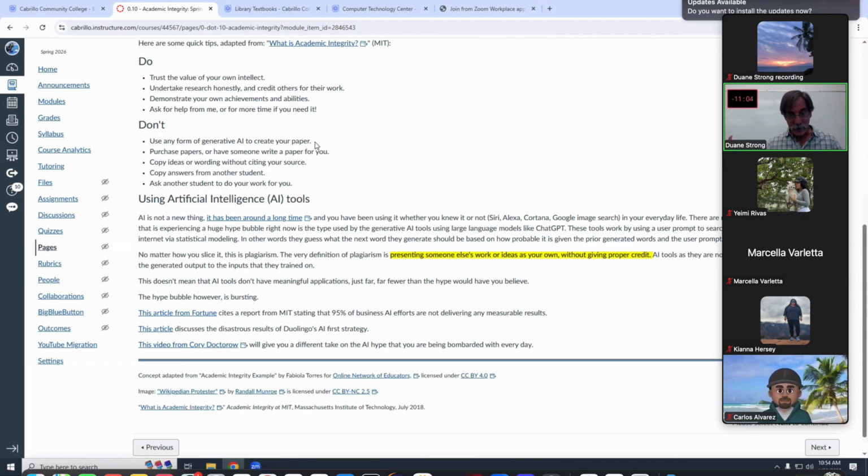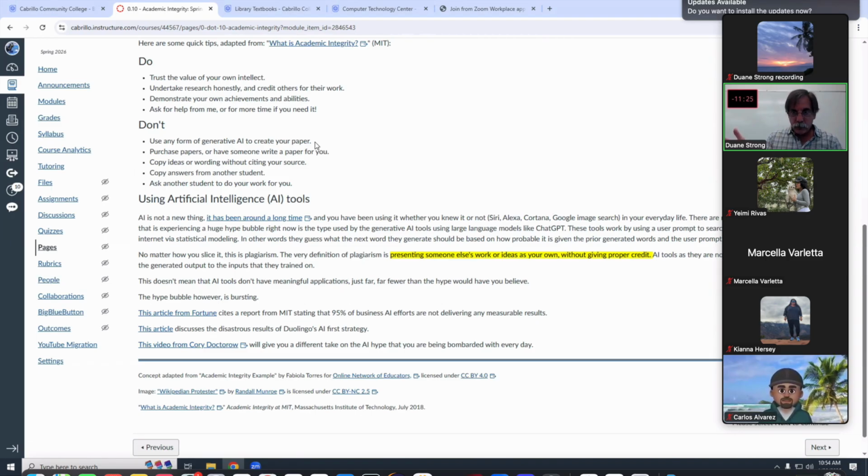That's all AI. But the one that right now is getting all of your attention and is a huge hype bubble is the generative AI tools like ChatGPT, Claude, Gemini and all the others.